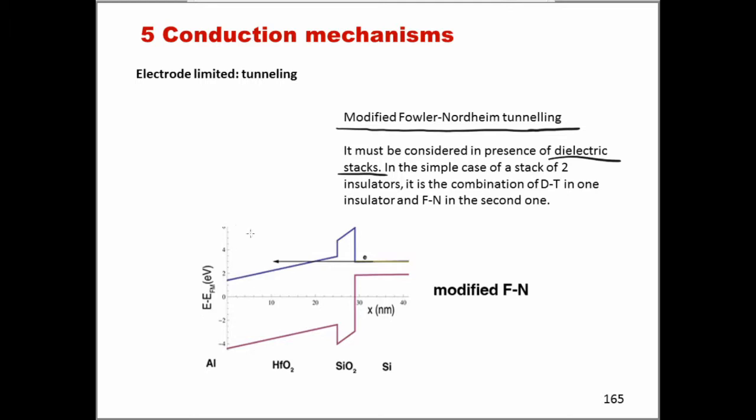And effectively what is happening is very briefly shown in this band diagram here, which represents a dielectric stack made of hafnium dioxide and silicon dioxide. So in very few words, in this biasing condition represented in this diagram, we are imagining applying a negative bias to the silicon side so that the silicon side is pushed upward, as you can see, and so electrons should start tunneling